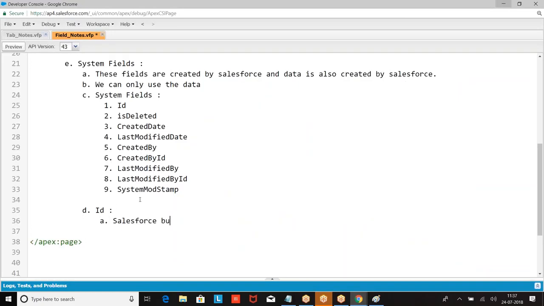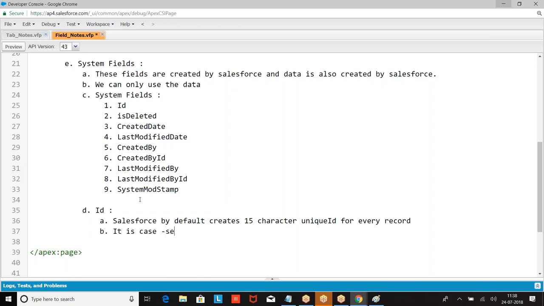Salesforce by default creates a 15 character ID for every record. It is case sensitive.